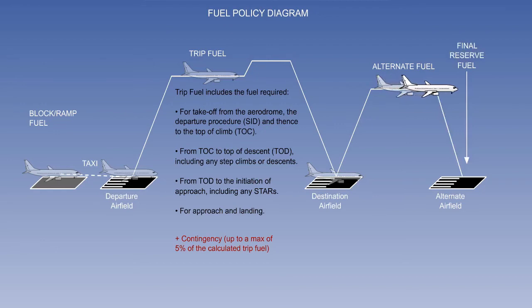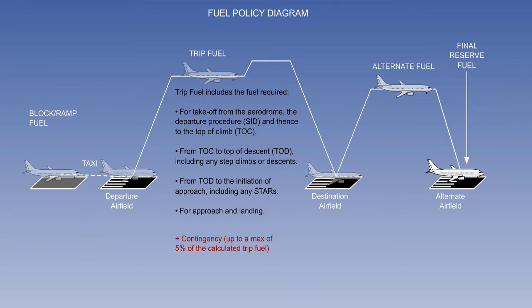If the aeroplane flies from departure to destination and uses all of the contingency fuel, and has to carry out a missed approach at destination to fly to the alternate aerodrome, you can see that that would leave us with no fuel on arrival at the alternate. To avoid this situation, included in the total fuel is an amount called final reserve fuel. We therefore have a minimum landing fuel, and all being well normally, we should never land with less than final